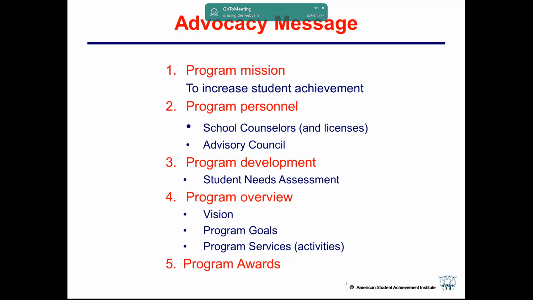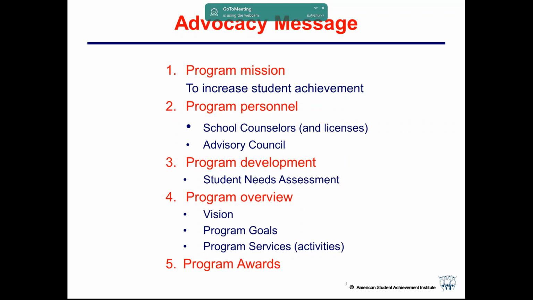And then a program overview, which normally when I'm doing a quick program overview, I'll just hit, this is our dream, this is the vision, here are our specific goals that we want to reach within the next year, and here are the services that we provide kids that will help us to reach those goals. And then the goals, because you've done RSC, the goals are always student-based. We want students to make these decisions, and these are the services that we're going to provide so that students will make those decisions. And then finally, if you have any program awards, I'd include that in an advocacy message, for schools that have earned the RAMP Award or the Indiana Gold Star School Counseling Award.